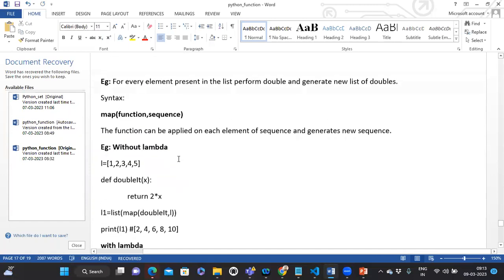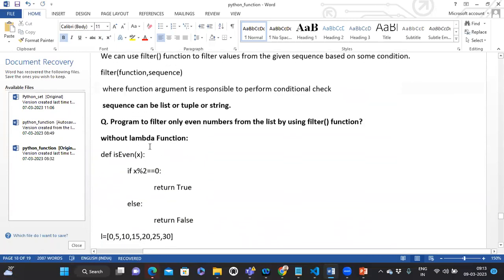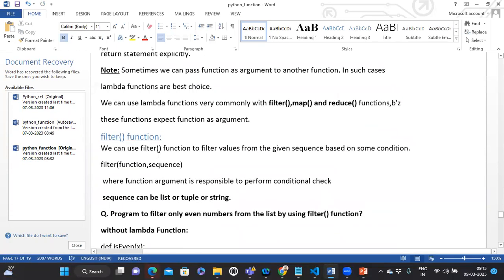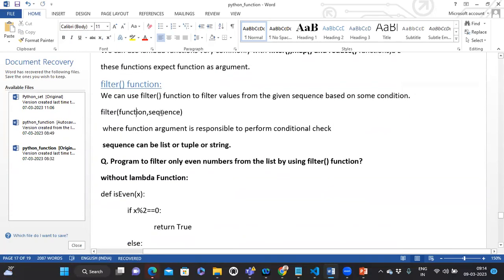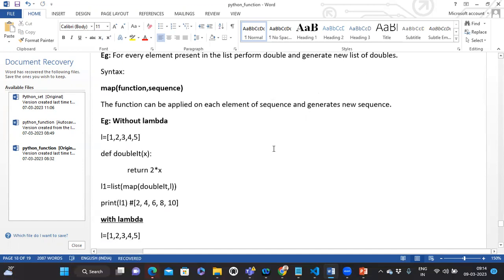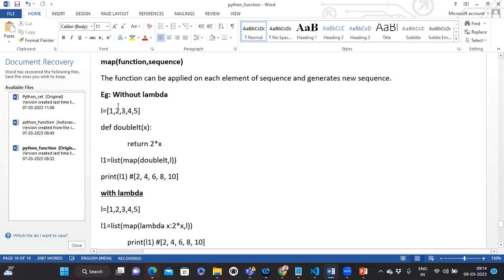Okay, so map function syntax you can see: function and sequence. Filter, like here the syntax, okay: filter function, then sequence, ठीक है, where the function argument is responsible to perform the conditional check. Okay, sequence of list या tuple या string, ठीक है। ये हो गया। उसके बाद मैप फंक्शन जो है मैं विदाउट लैम्बडा यूज करूंगा एक,